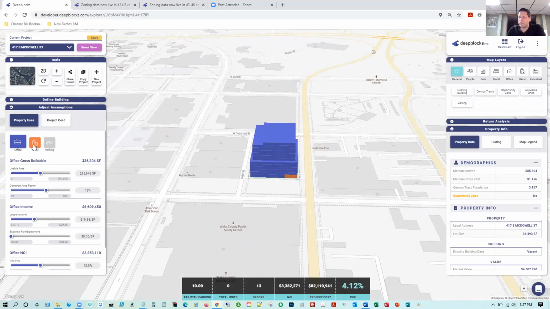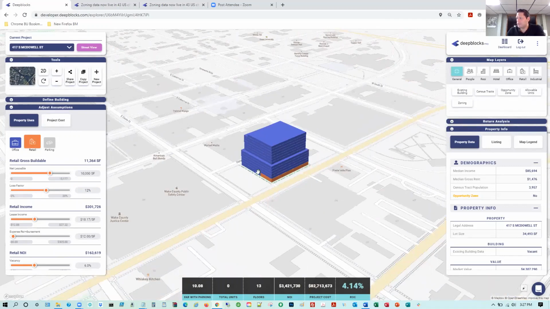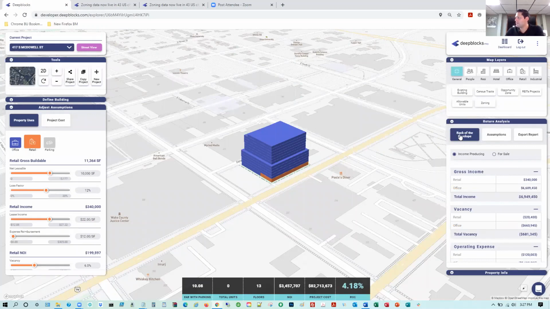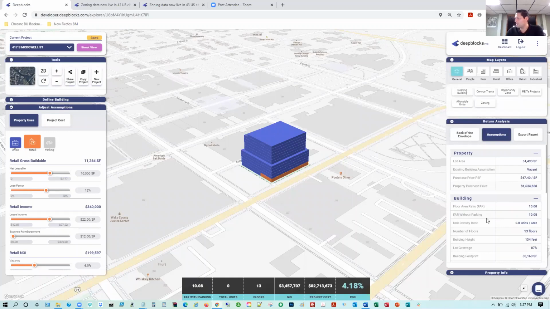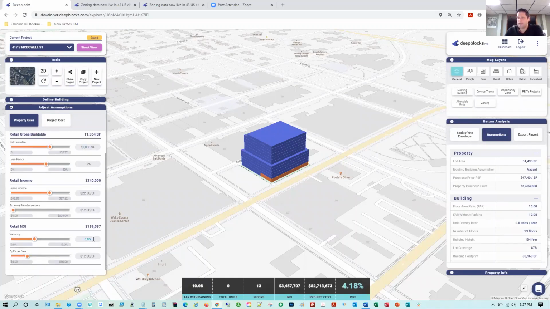So the first one we'll enter in, and let's work on the retail first. So just by simply clicking retail, we can adjust. So say I want to do about 10,000 square feet of retail. You'll see it'll be expanded right here. Went back a little bit further. We can adjust our loss factor. We can see maybe we'll get a little bit more than, maybe we'll get $22 a square foot. As you adjust your assumptions, your KPIs down in here will automatically update. And your return analysis, your back of the envelope will automatically update. And then your assumptions as well are automatically updating as you adjust these assumptions. We'll leave vacancy, we'll put it down to 4%.